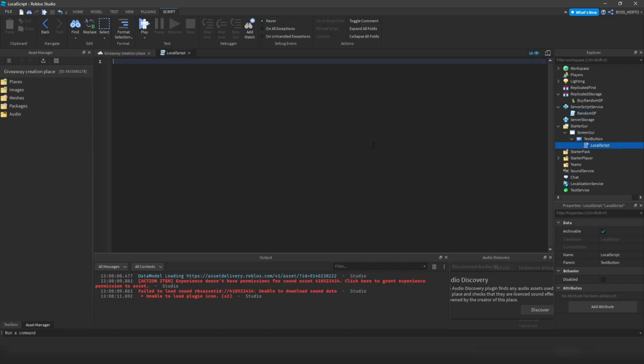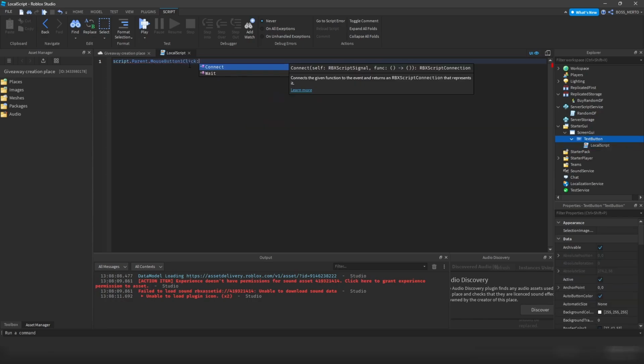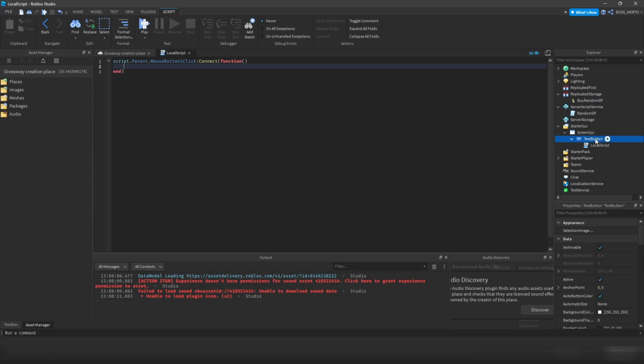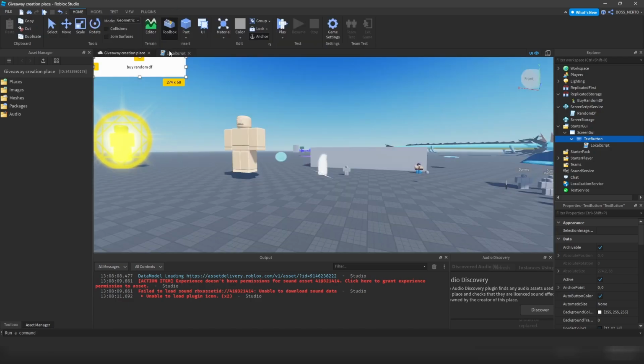So we are now inside of this local script. In order to check if this text button has been clicked, all we have to do is refer to it. So we start from script.parent. So script.parent is the text button. Now MouseButton1Click. MouseButton1 stands for the left mouse button, and if that has been clicked on this button right here,